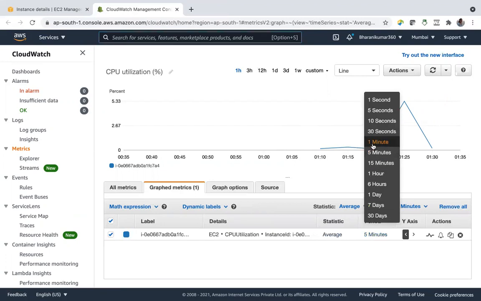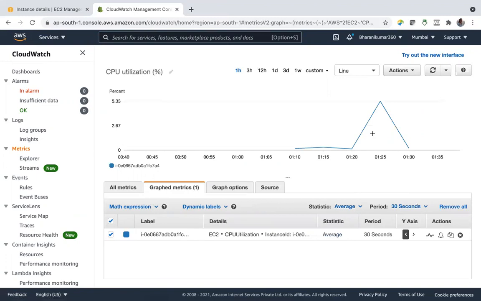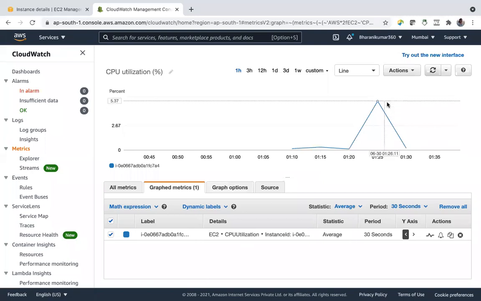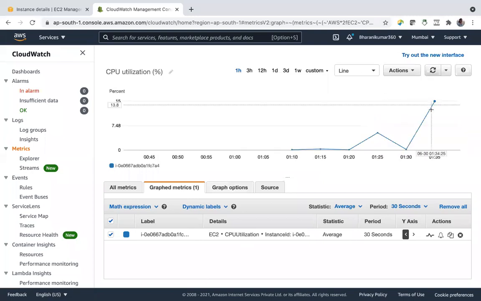Let us make it for 30 seconds. So it's successful. Run 40 seconds. Now let's go and check CPU utilization. See, it's 15% now.